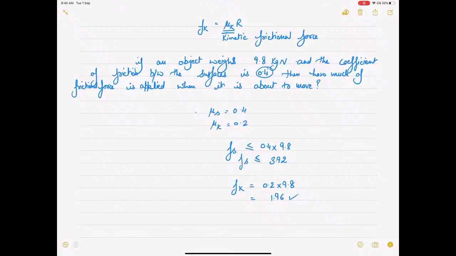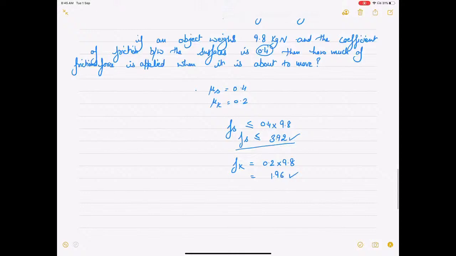Now the frictional force when the object is moving and when the object hasn't started moving is different. This value of Fs, we consider, is ranging from 0 to 3.92 depending upon how much force we have applied. The interaction between the surfaces remains the same, but when the object starts moving, the interaction between the molecules